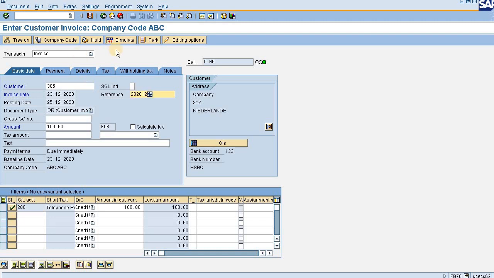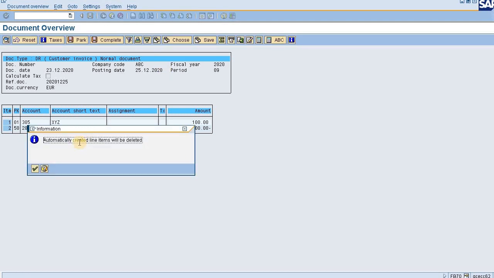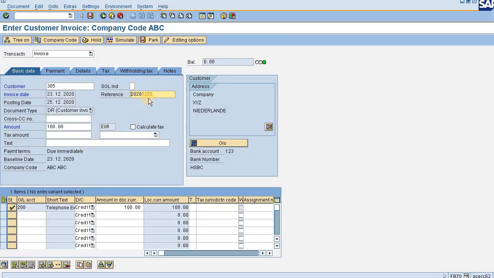So going to simulate. Fine. Now just coming back, doing some experiment. As the reference has popped up correctly, let me delete it and let us see what happens. I have deleted it.